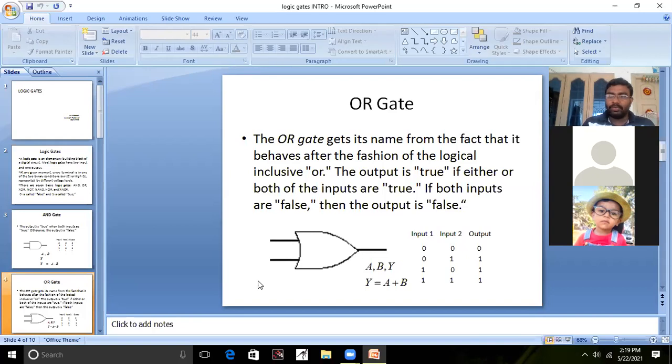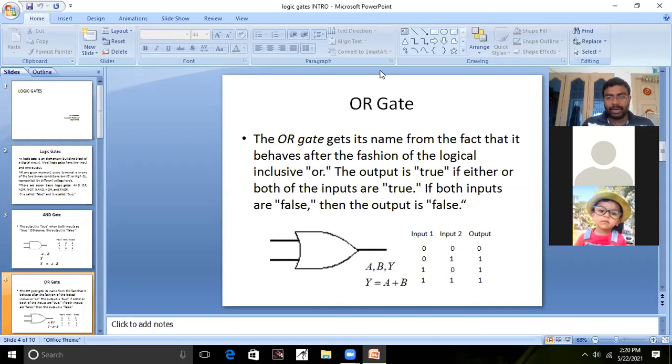Remember that. But when you go for binary addition, we already know that sum and carry will be there. 0 plus 0 means sum 0, carry 0. 0 plus 1 means sum 1, carry 0. 1 plus 0 means sum 1, carry 0. 1 plus 1 means sum 0, carry 1. So your binary addition and Boolean addition are different.